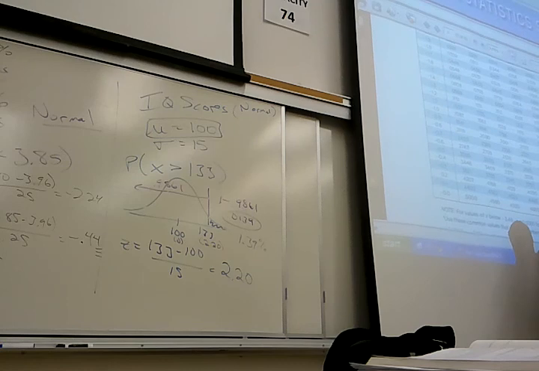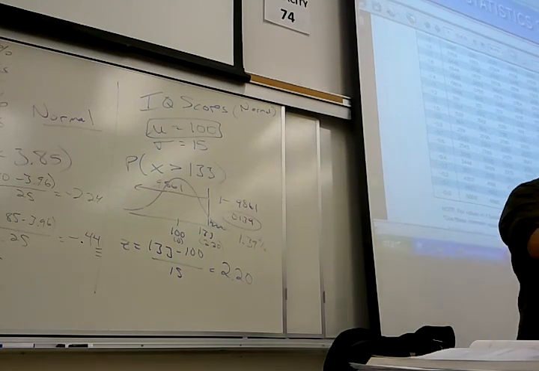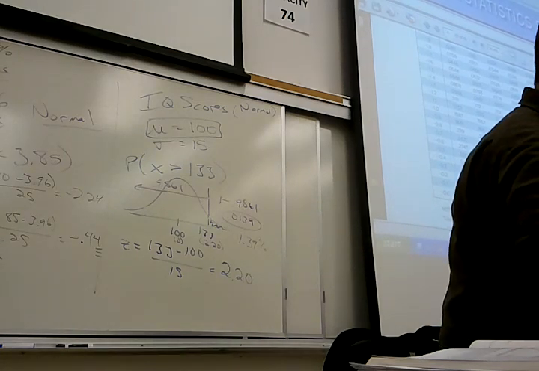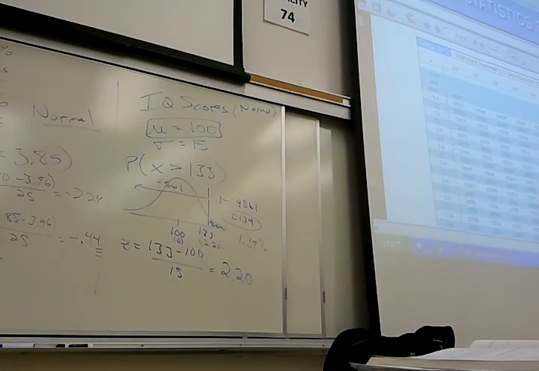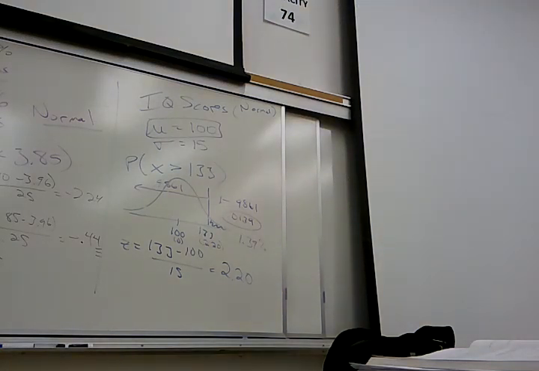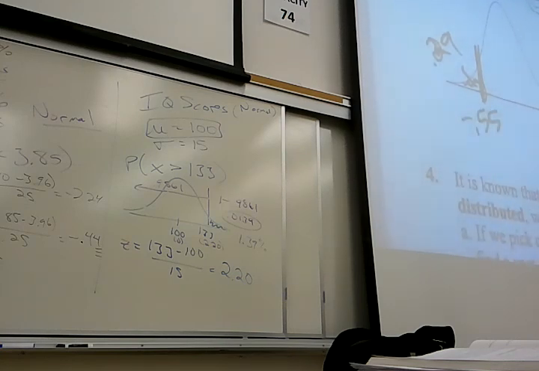What z-score corresponds to this? Negative 0.55. That means this z-score is negative 0.55. Why does that make sense? Because since it's below the average, it better be